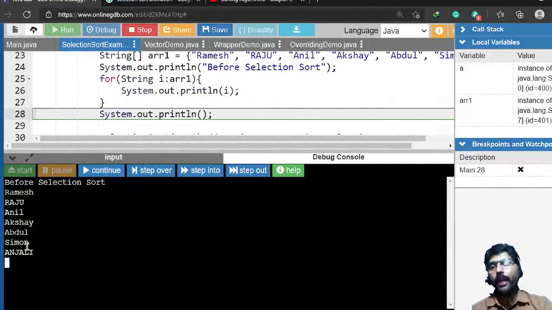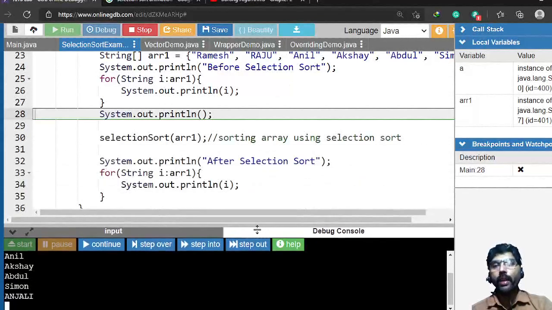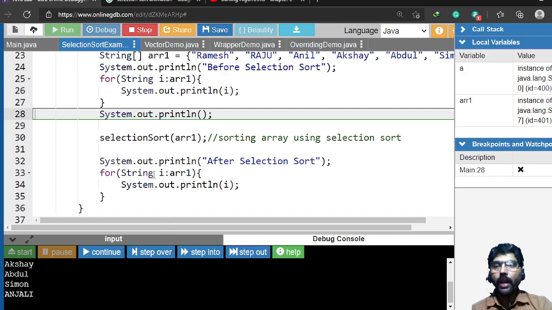It displays the same here, but it is not in order. Next, I will show you how to do the sorting. For that, I have to go to the selection sort method, which is already defined in this class.